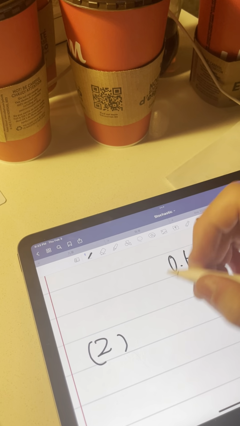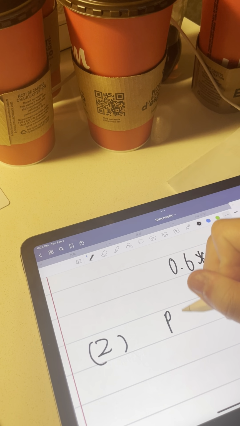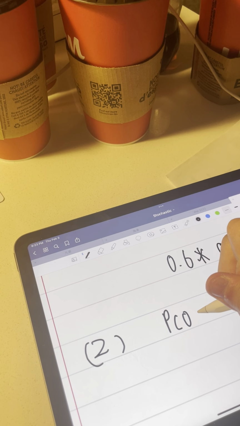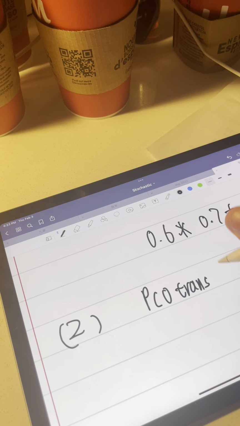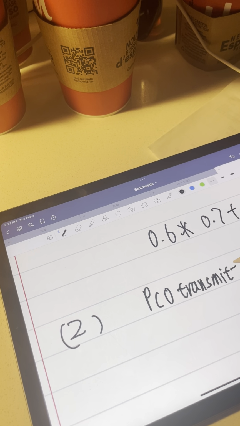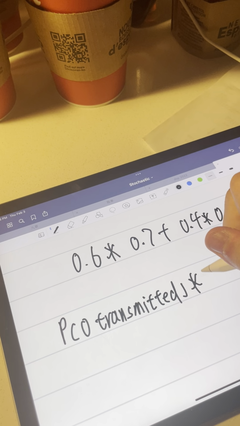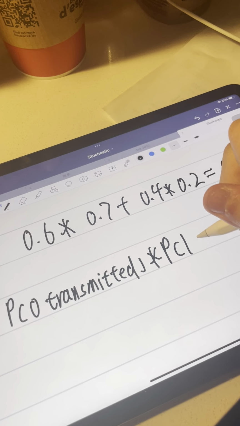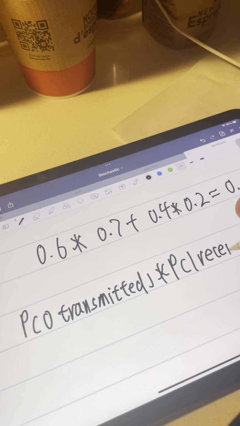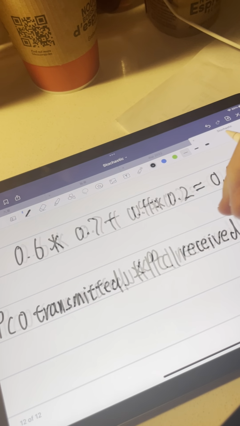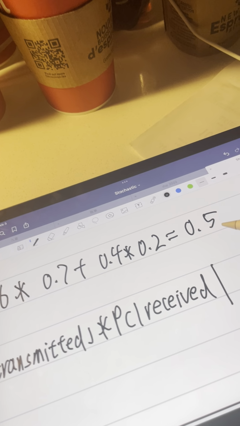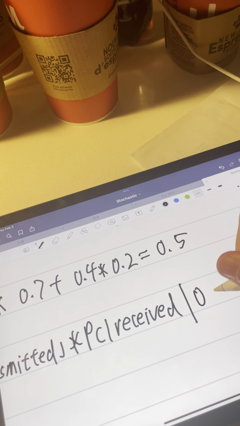To calculate this, we use the probability 0 transmitted times the probability 1 received given 0 transmitted,